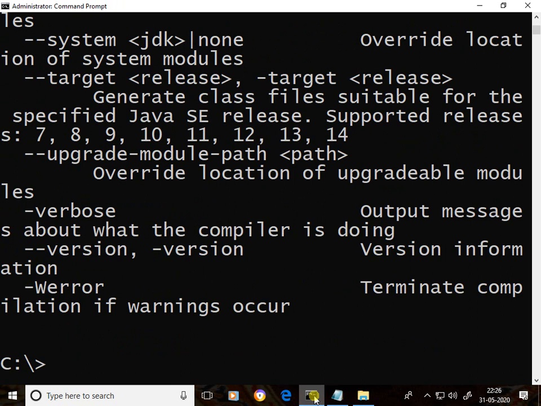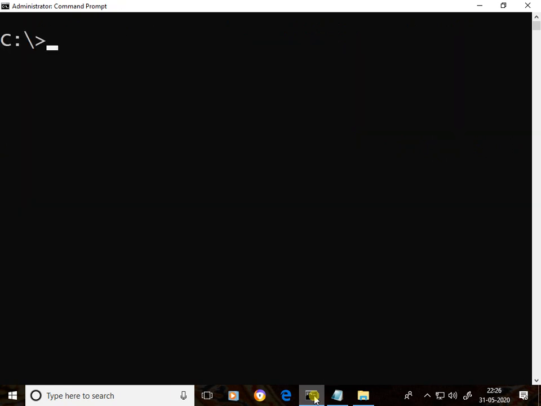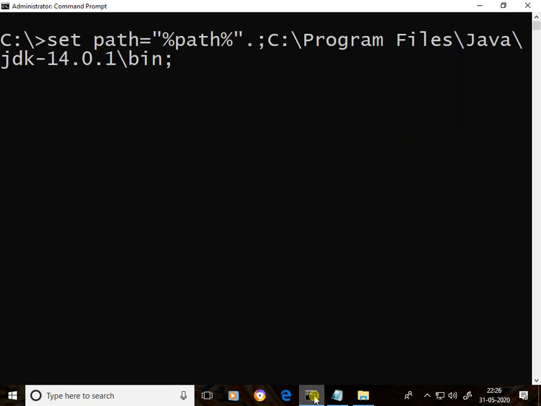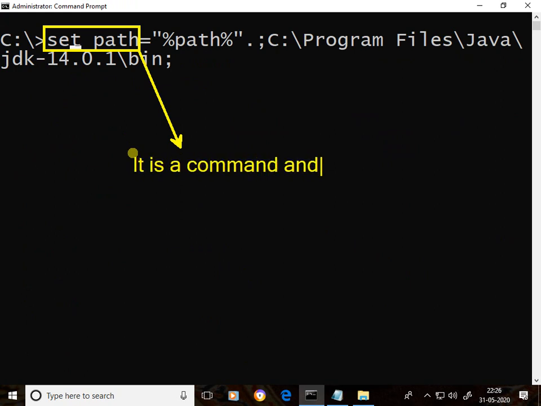Now, whatever path setting I gave, in that path setting I'll explain each and every word. See here, this set path is a command, and it is used to set the path.